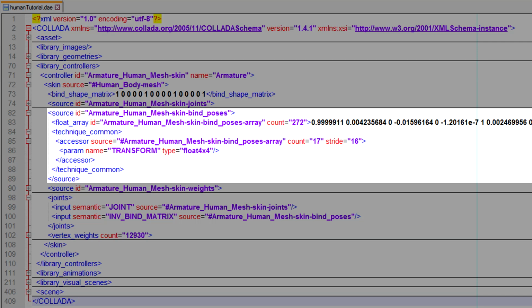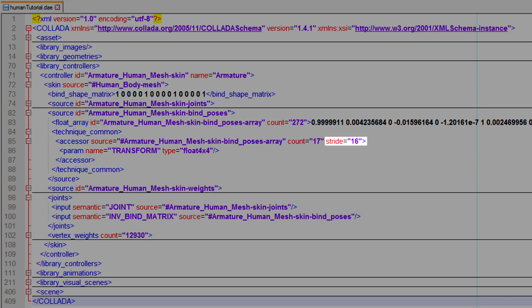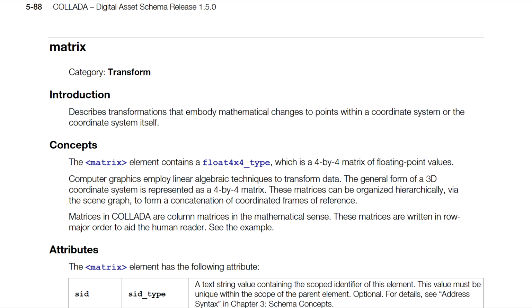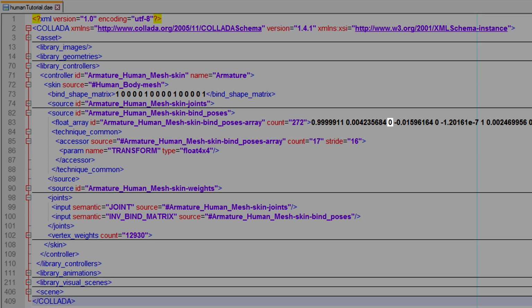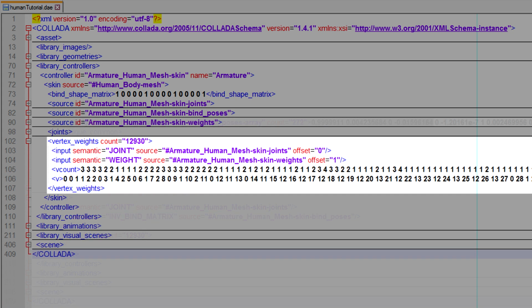To build a matrix, we have to read the array with a stride of 16. 16 because our matrices are defined as 4x4 matrices of floating point values. Matrices are written in row major order, as stated in the Collada Specification. This means that the first 4 floats make up the first row of the matrix, the next 4 the second row, and so on. Inside vertex weights are arrays of indices that tell us which weight belongs to which joint